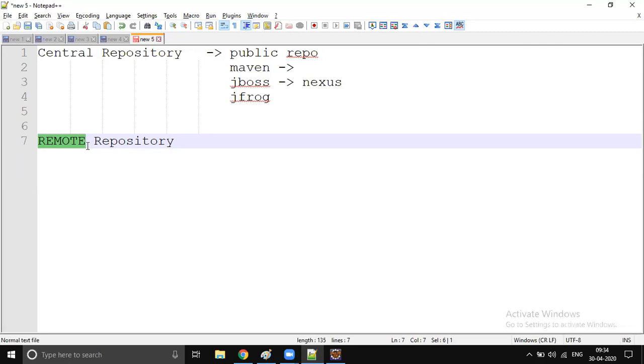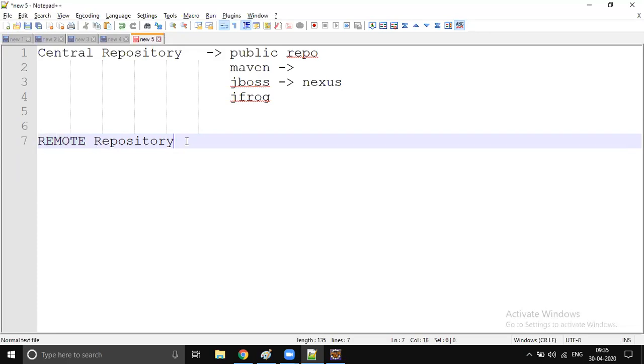So a remote repository is a layer on top of the central repository, with security. But it is not free of cost. They charge a bit, which is still fine. When it comes to projects and companies, security matters, and the price is very small. It's not a considerable price. That is the reason why all companies use a remote repository.